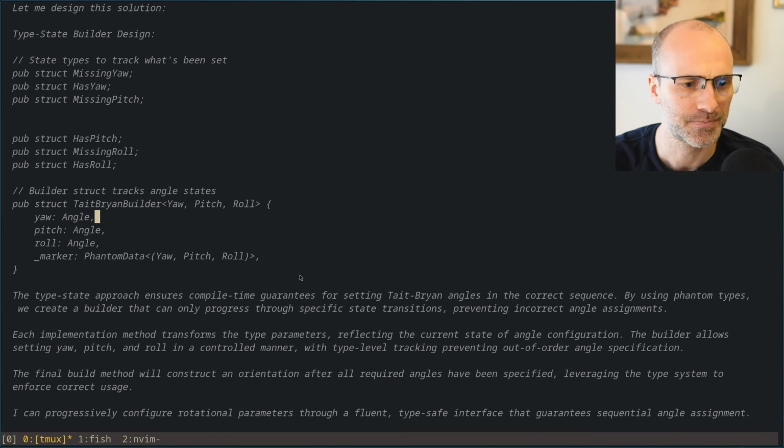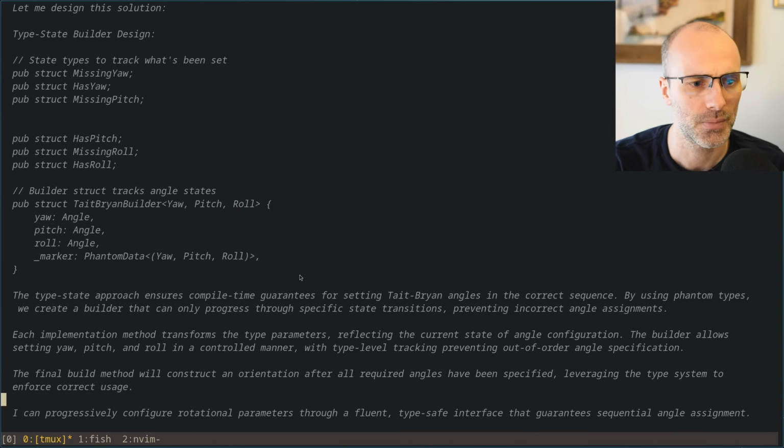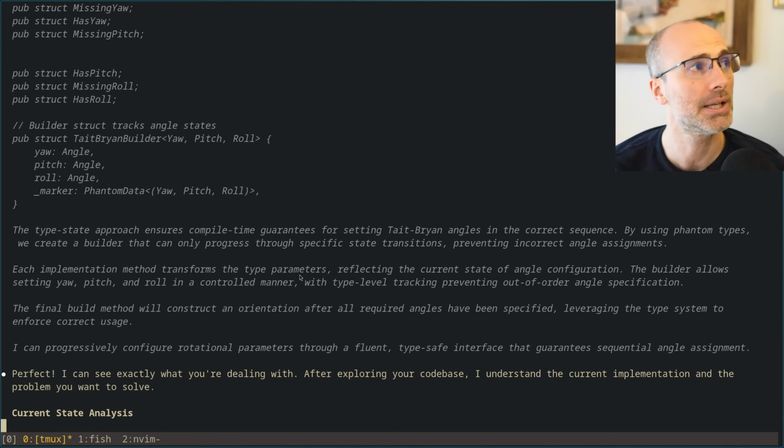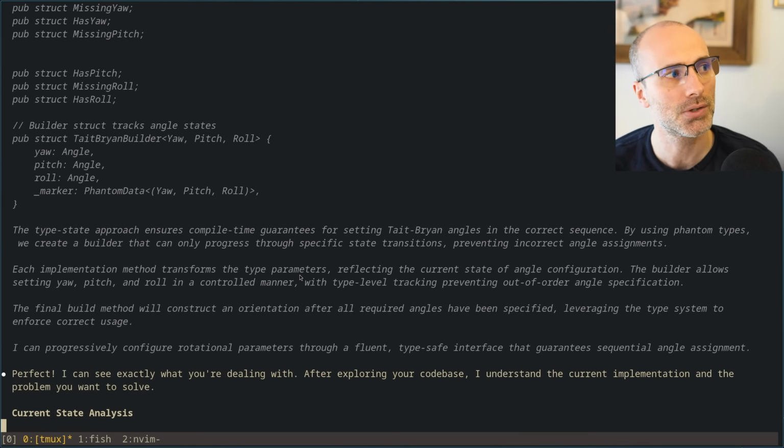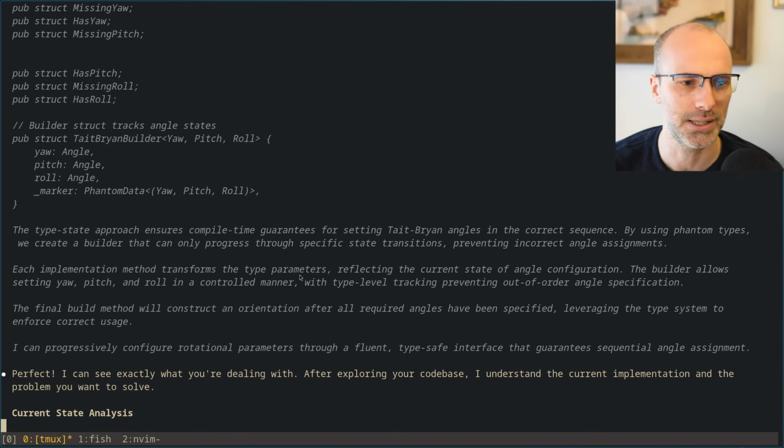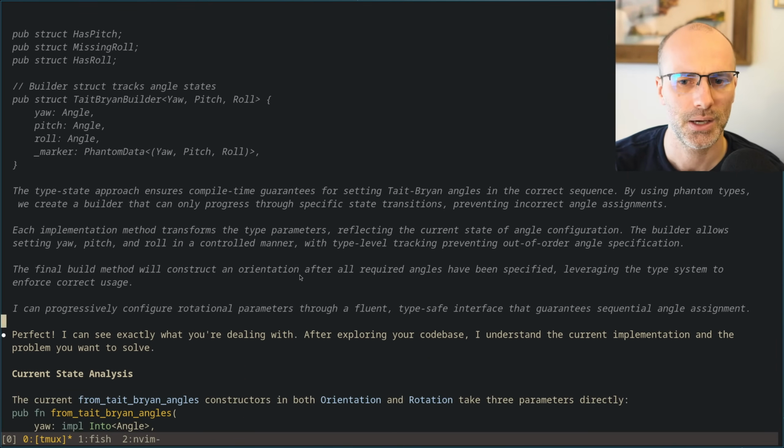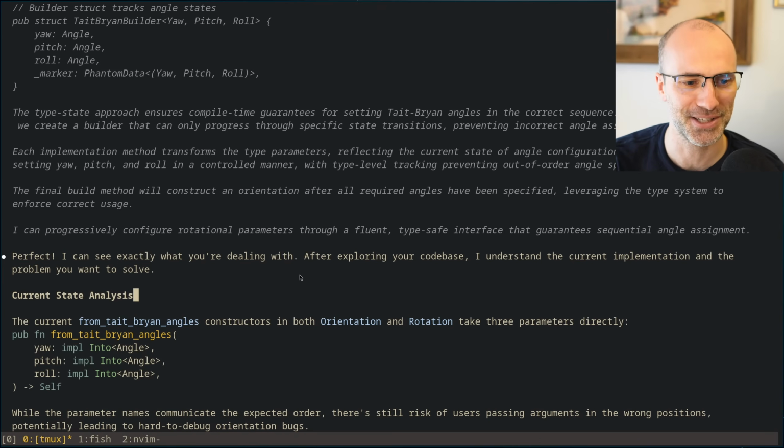I don't think you need 3. I think you also might need in here because calling build, I guess you would build rotation or build, yeah, so maybe the builder does not need this type. Phantom types, yep, that's fine. I can see exactly what you're dealing with. Okay, great.